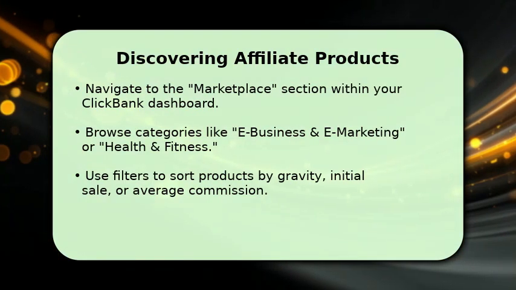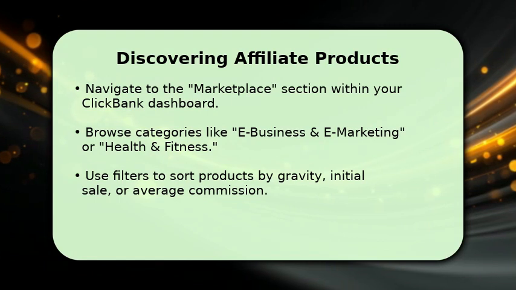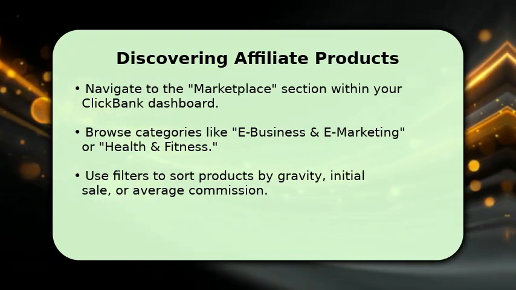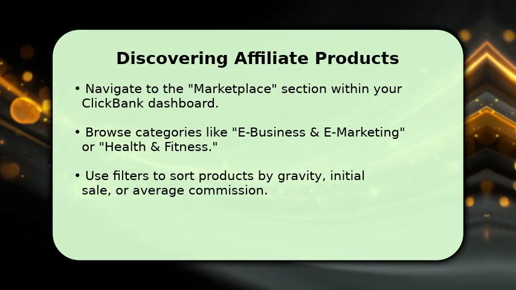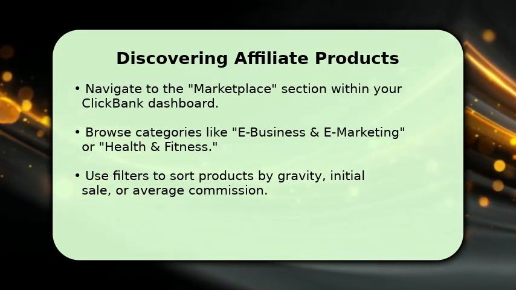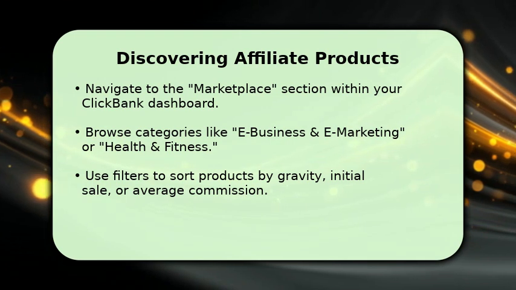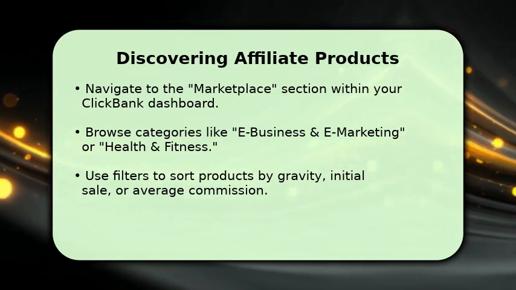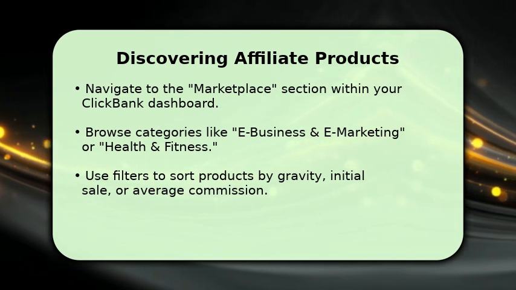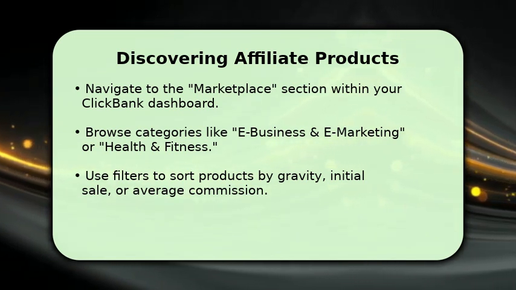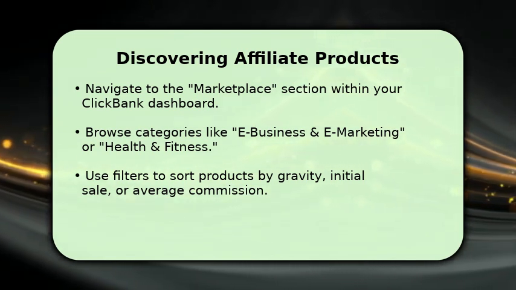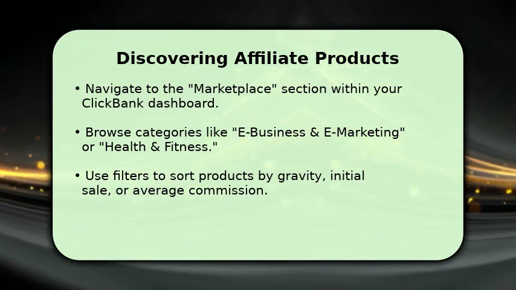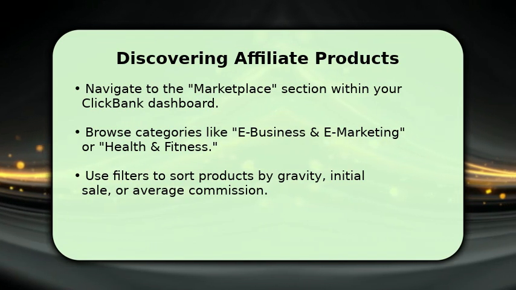With your account set up, it is time to find products to promote. Head over to the Marketplace section in your ClickBank dashboard. Here, you can explore various categories, such as e-business and e-marketing or health and fitness, to find niches that interest you. Utilize the powerful filtering options to sort products by metrics like gravity, initial sale amount, or average commission per sale. Focus on products with high gravity scores, which typically indicate a product is selling well and has a good